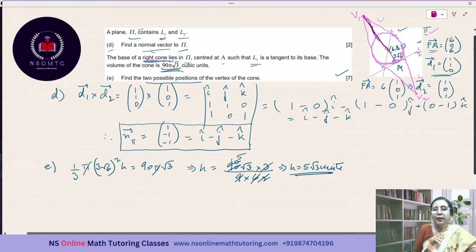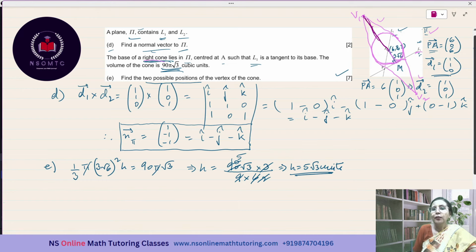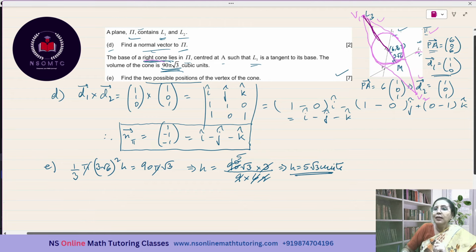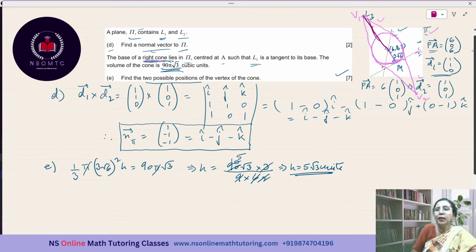We are not asked to find the h value, but we know the magnitude of the V1A vector, or the distance between the points V1 and A, or V2 and A, will be equal to 5 root 3, the height of the cone. Let us name this line V1A as L3, and let us try to find the vector equation of the line L3. We can do that because we know the direction vector of the line L3, which is i minus j minus k, and we know one of the points lying on L3, which is the point A. So I can write L3